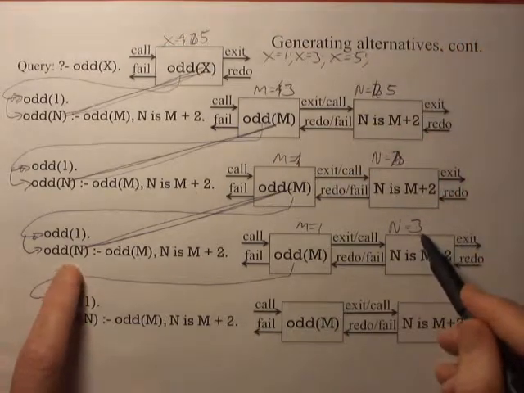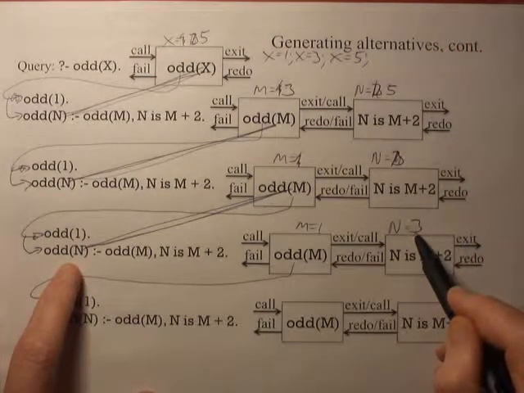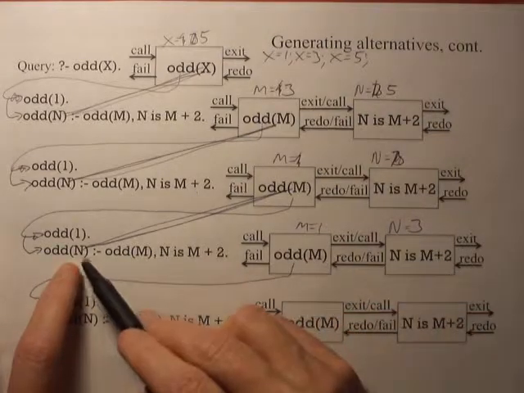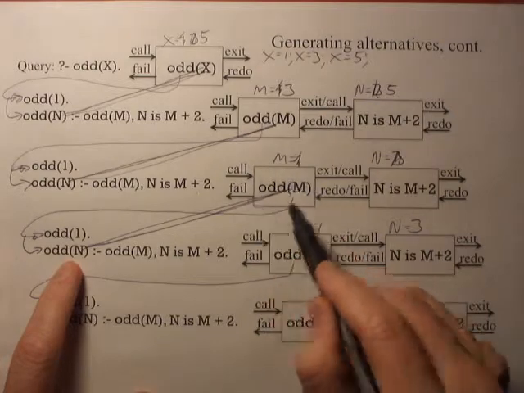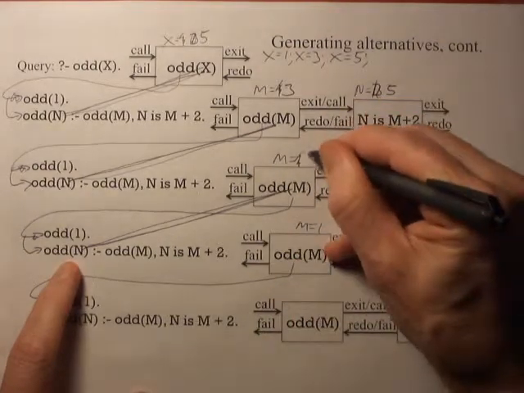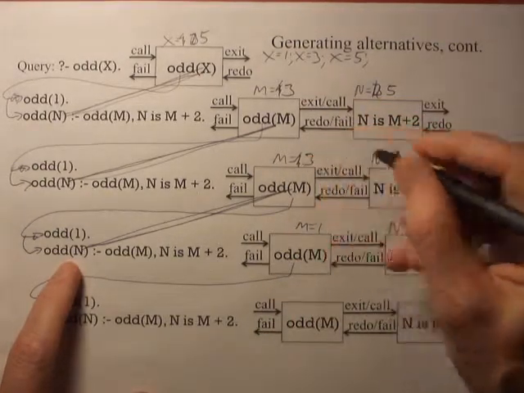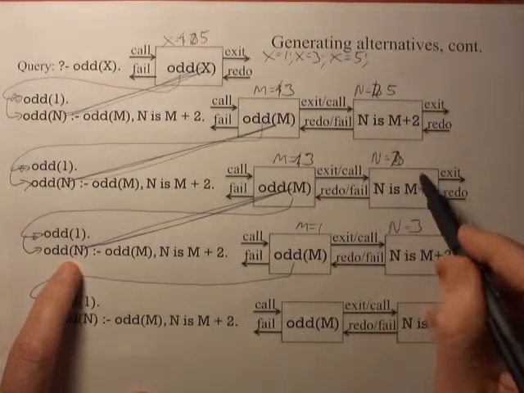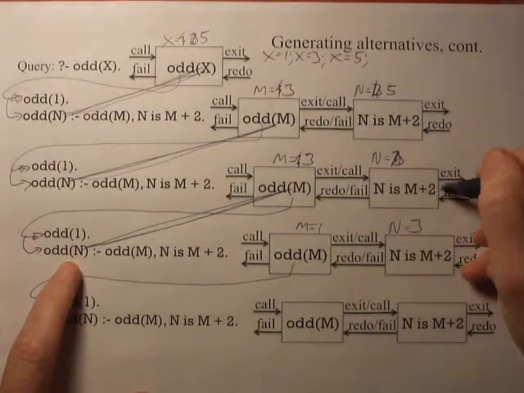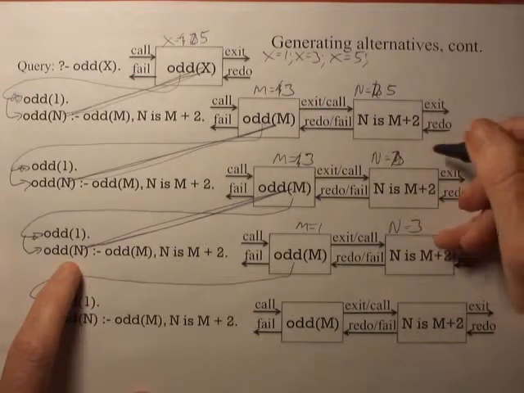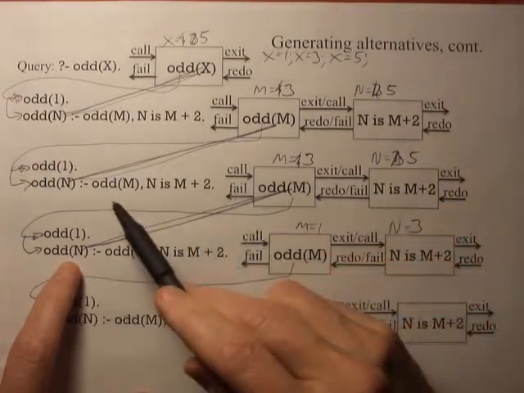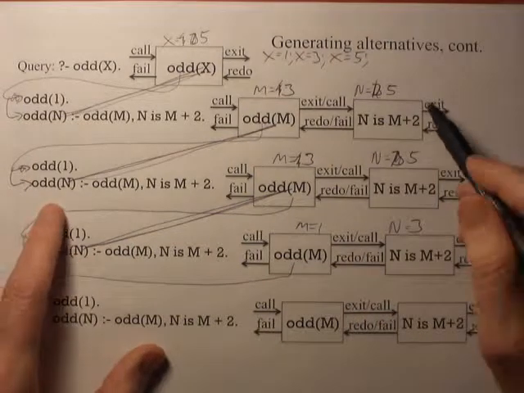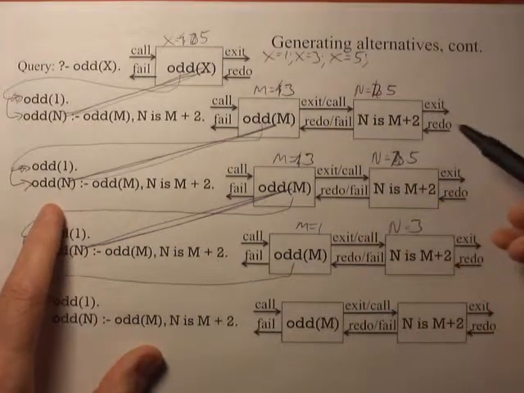So we have n equals 3. We have unification between n and m here. So now this goal can instantiate m to 3. It's going to exit calling this goal, and now that gives us n is 3 plus 2, or 5. And then that exits, which essentially